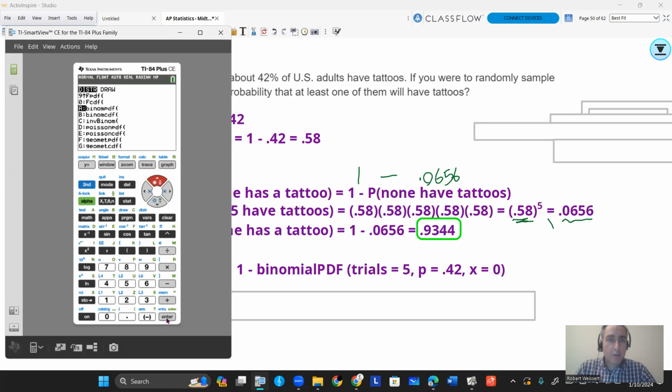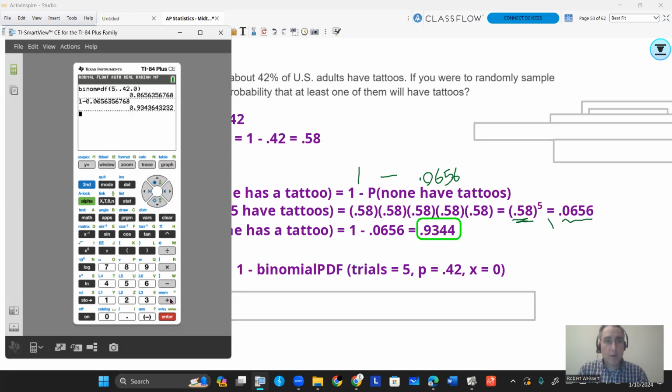It doesn't really matter because you're going to put 0 in anyway, and everything adds from there all the way down to 0. You're selecting 5 people. You want to know the probability, so 42% for 1, that none of them, or that at least one get a tattoo. So you can do 0, and you can click paste, and you get about 6.56%, and then you can subtract that from 1,